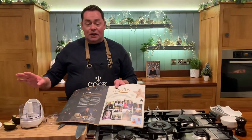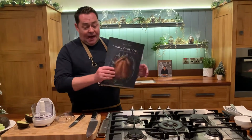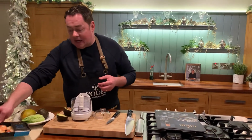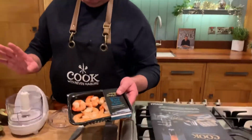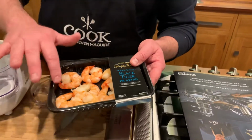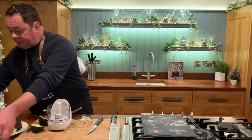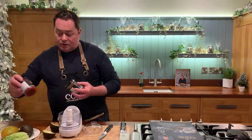So what we're using here is some lovely prawns. And the prawns that I'm using, everyone, are these here, the black tiger prawns. So they're already cooked. Bring them to room temperature. I just removed a little bit of plastic. I'm going to show you a quick little bit of guacamole, a little bit of Mary Rose sauce, and these